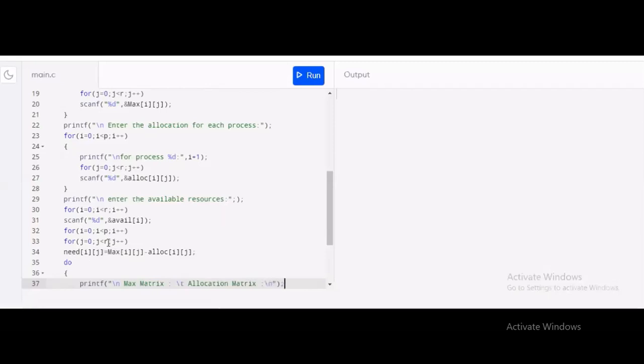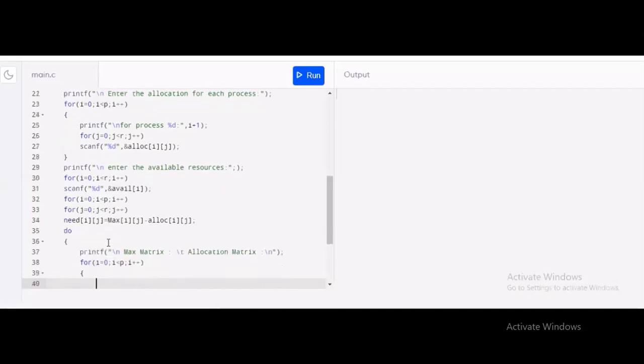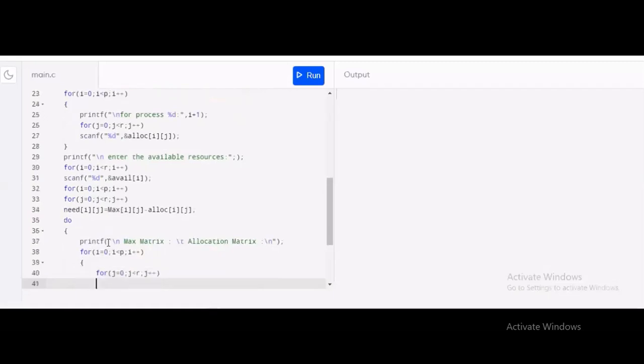And now for values, I will use the for loop. For I is equal to 0, I is less than p, and I plus plus. Second loop, for j is equal to 0, j is less than r, j plus plus. Now print the max matrix.